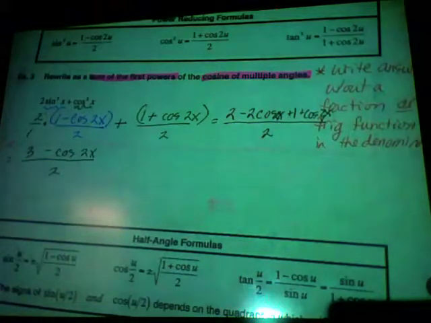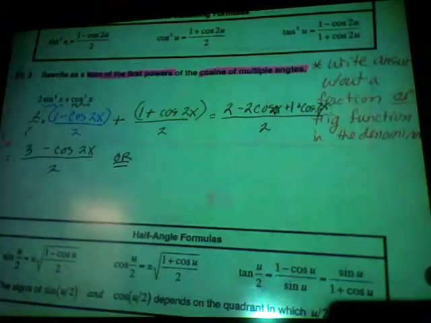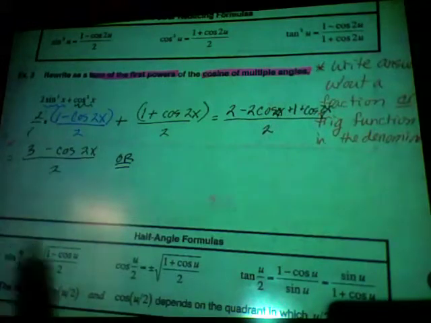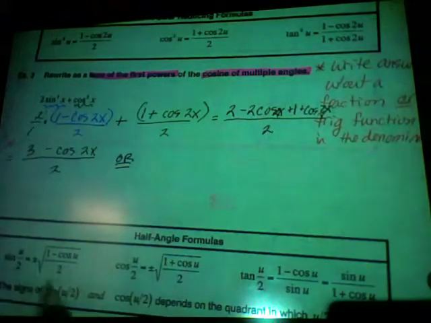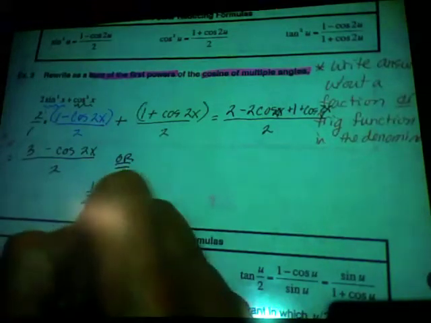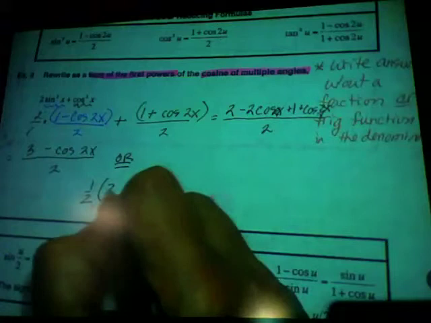I'm quite frankly perfectly happy with that answer. But you're not going to see that answer in your book, so that's why I want to show you. What's your denominator? 2. Dividing by 2 is the same as multiplying by what? Everybody? Dividing by 2 is the same as multiplying by 1/2. So whatever that number is there, if it's a 3, you're multiplying by 1/3. If it's a 10, you're multiplying by 1/10, right? So we're going to take this 2, and we're going to change it to 1/2 times the quantity 3 minus